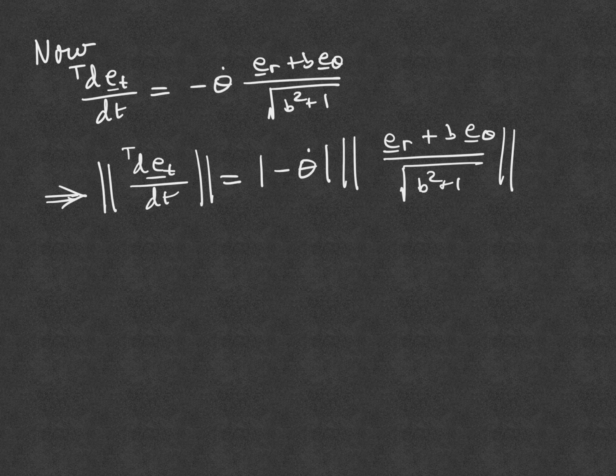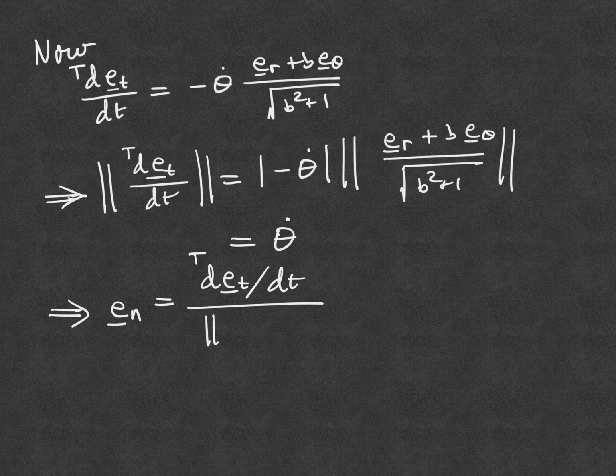But the vector that's in the brackets is a unit vector, because the numerator's magnitude is square root of b squared plus 1, and I'm dividing by square root of b squared plus 1. So that whole thing has unit magnitude, and the absolute value of minus theta dot is just equal to theta dot, because remember we said theta dot was equal to 0. So that implies that the principal unit normal, which is equal to the rate of change of the tangent vector in t divided by its magnitude,